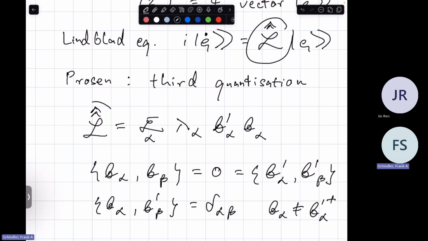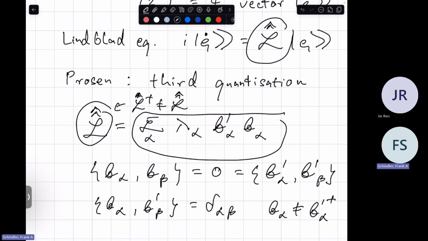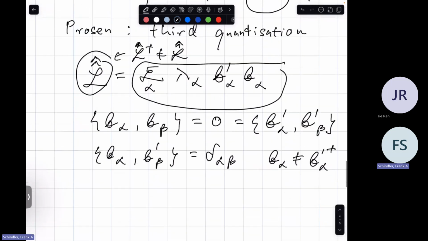Because L hat, even though it came from a well-defined Lindblad equation, which preserves the trace and everything, L hat itself is a non-Hermitian operator. L hat dagger is not equal to L hat in general. So all you can do is write it like this. But that's good enough for us, because now you can define the steady state